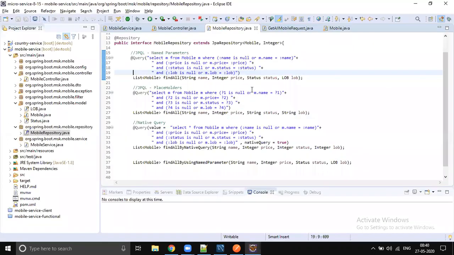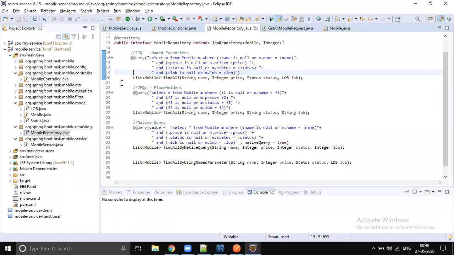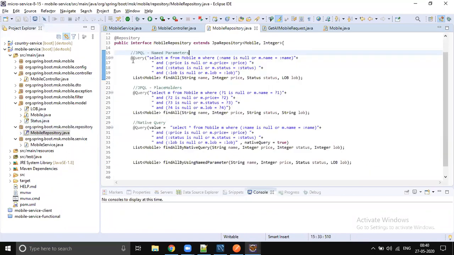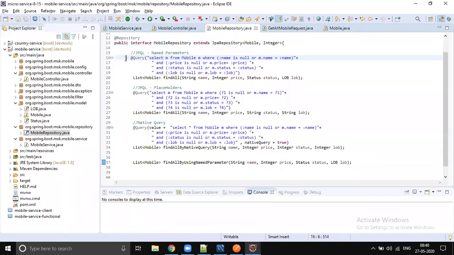Whenever we are using specifications, we'll do one thing. We will remove this entire code, or okay, let it be there, don't get confused, we are not going to use any one of these. For our learning and reference purposes, I'm keeping these three, but I'm not going to use any one of these, right?